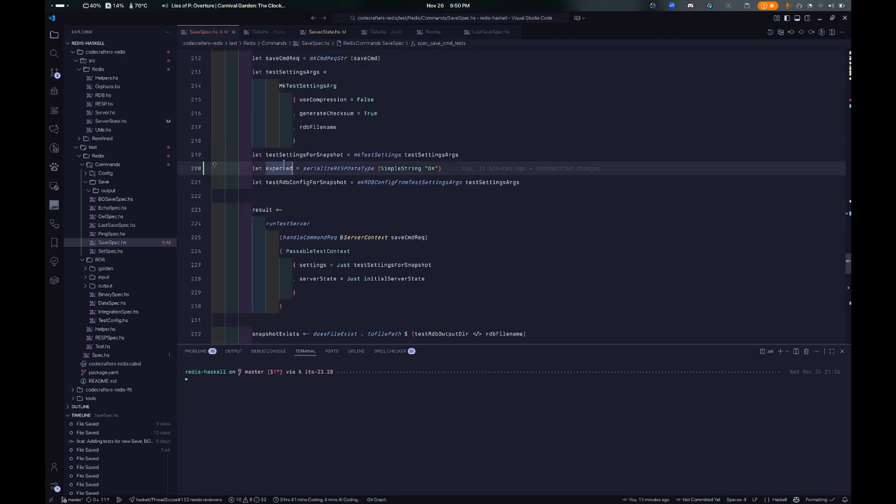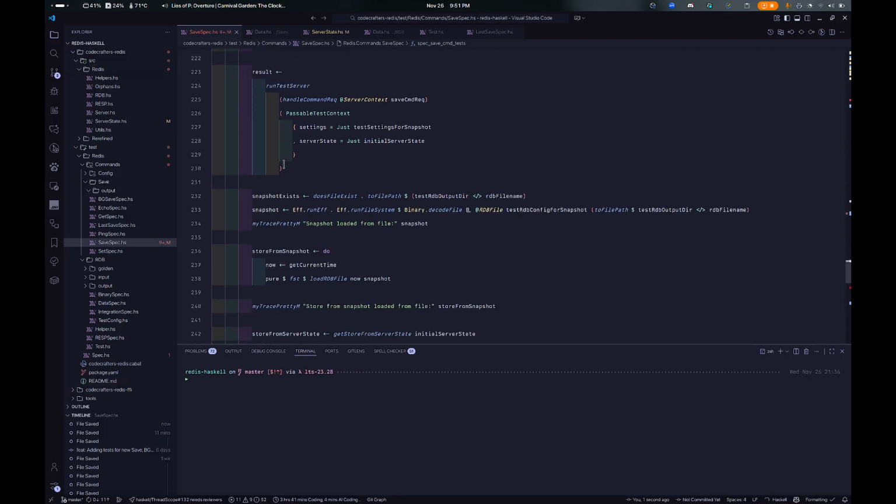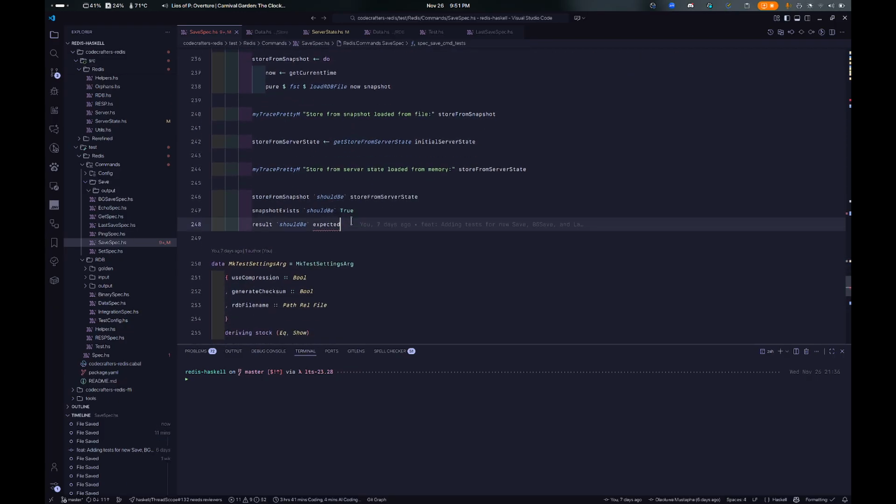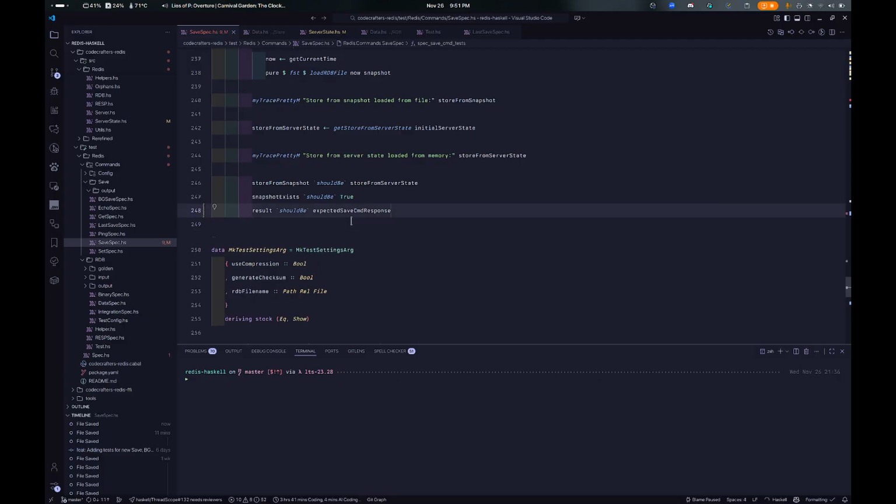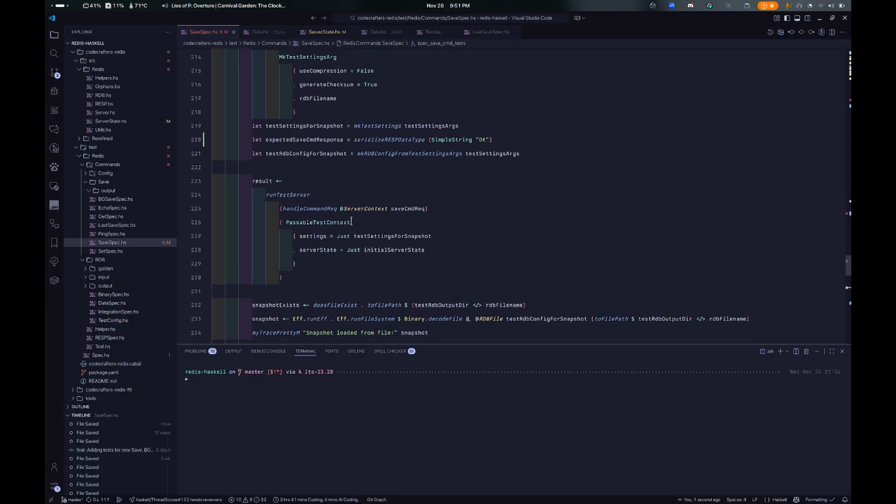We should probably call this the save command response. Good names save lives. Remember, kids, if you don't use good variable names, you're only hurting your future self. So, yeah. Result